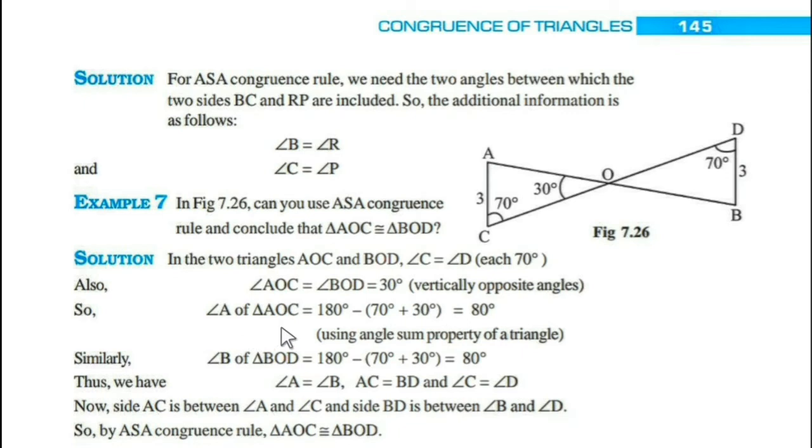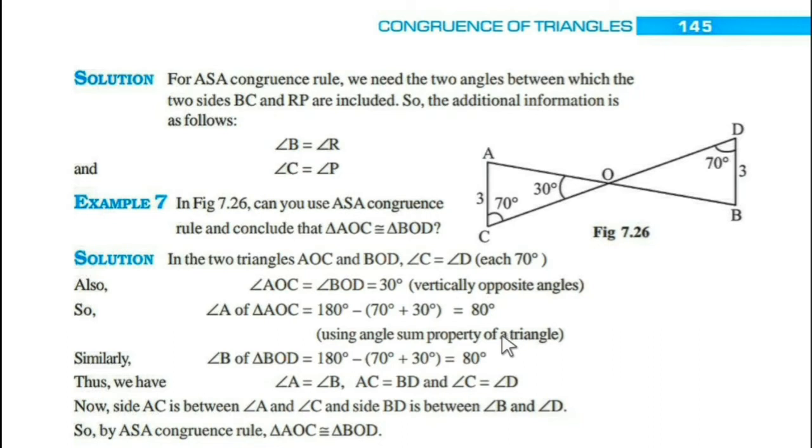Angle A of triangle AOC equal to 180 degree minus 70 plus 30. The total of all the three angles of a triangle is 180 degree. So we will subtract the total of these two from 180 degree. So 180 degree minus 70 plus 30 equal to 180 minus 100, that is 80 degree, using angle sum